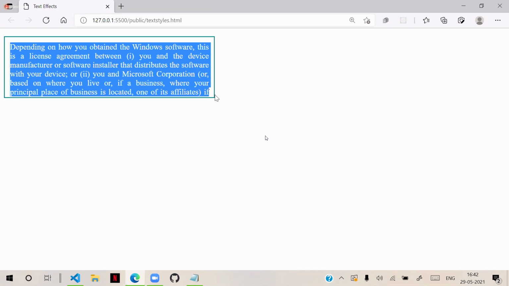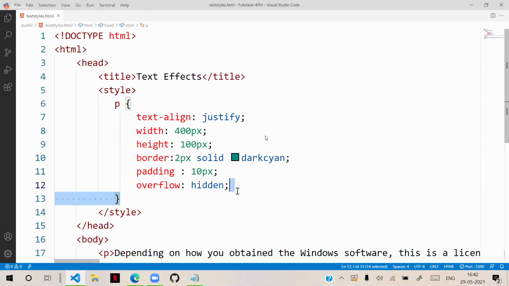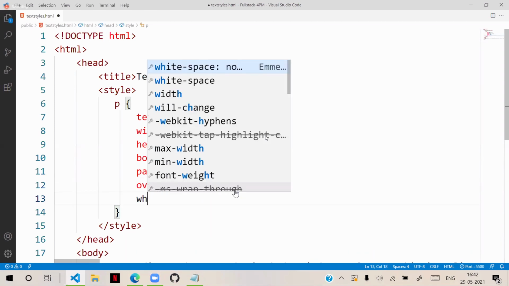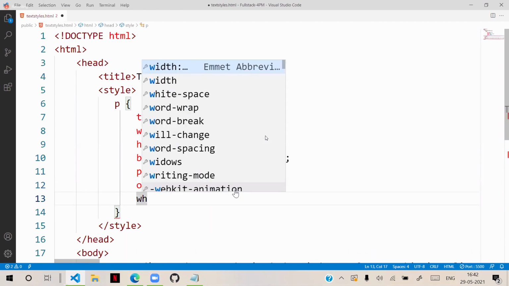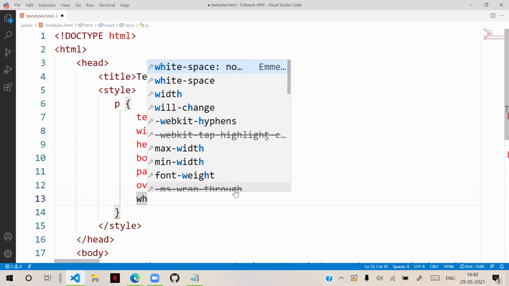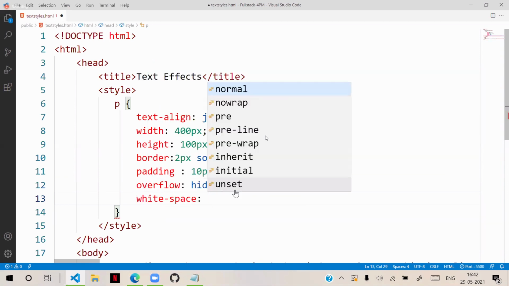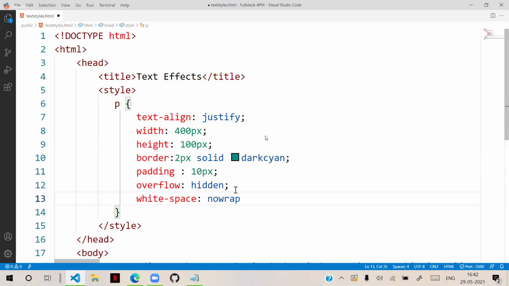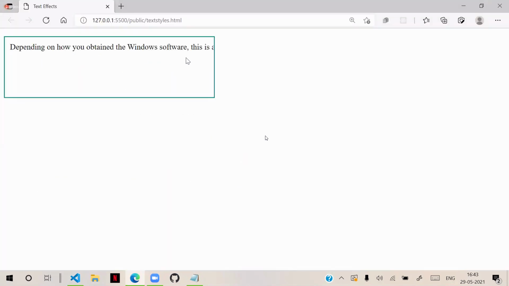But after overflow hidden, what we do is I'm writing here white space. So white space we can define as no wrap. That means wrapping will not happen. It will show in a continuous line.